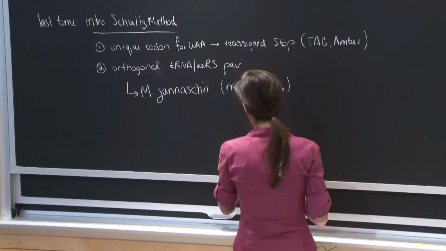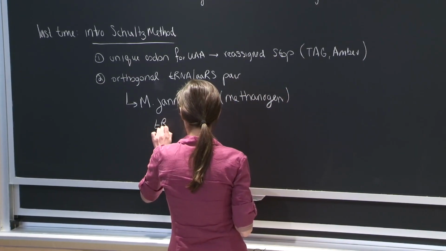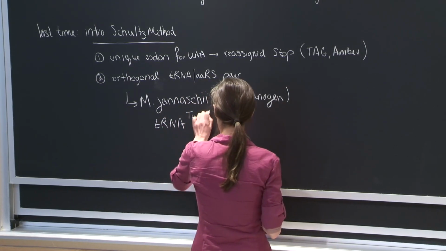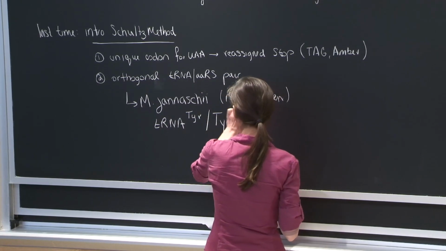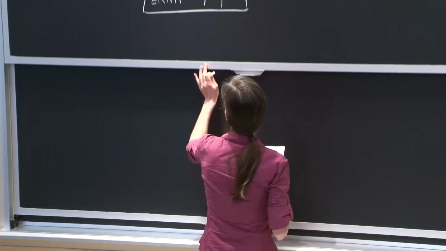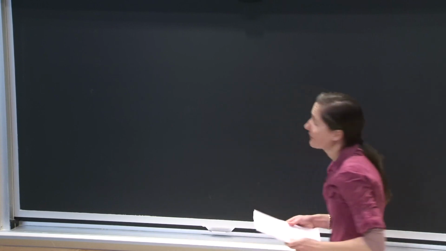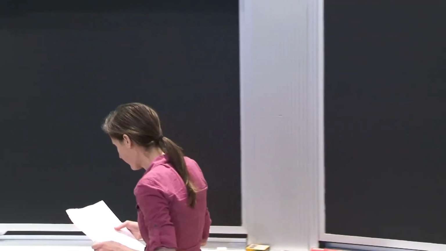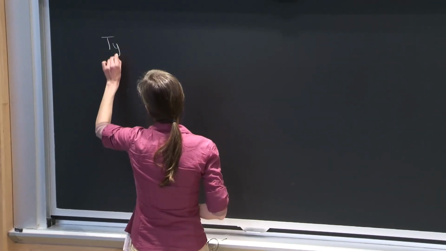Okay, and this initial pair was for tyrosine. There are some features of this pair that are noteworthy to bring up. So first, if we think about the amino acyl tRNA synthetase here,